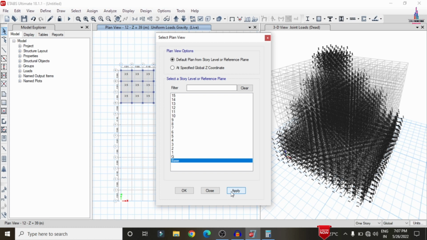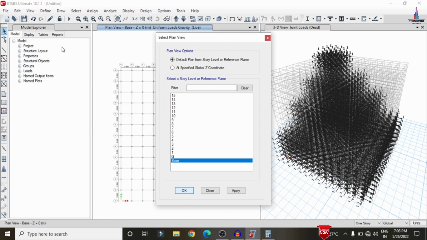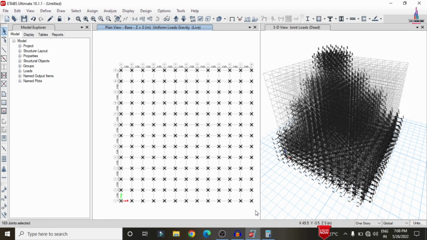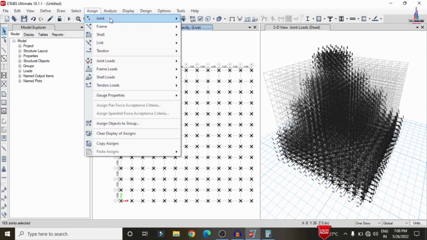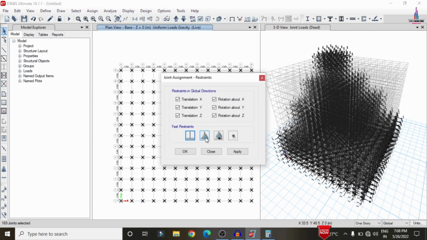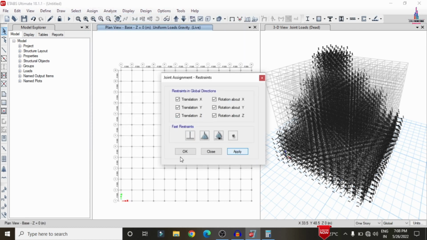So click and select the base, click on apply, click on OK option. Now we have to select all the node points at the base for the respective consideration. So for that, I am drawing on the respective model here. Click on assign, joint point, restraints option, select the fixed support, okay. Click on apply option so that it will apply the fixed support condition at the base for the building